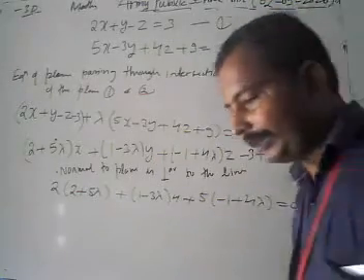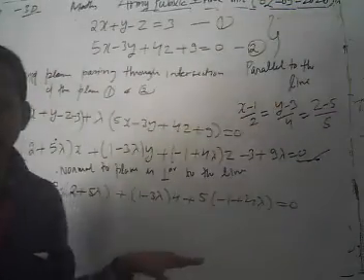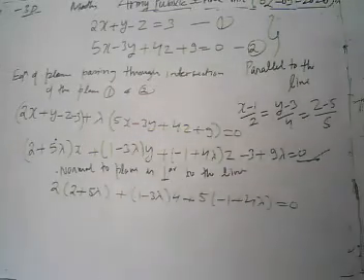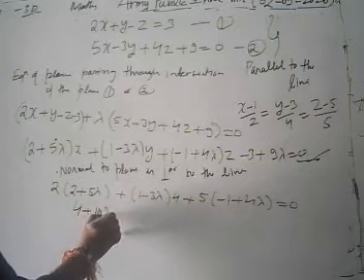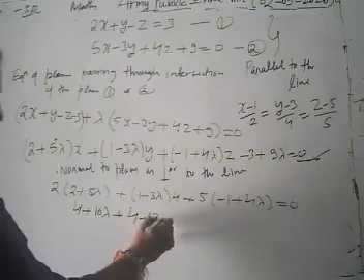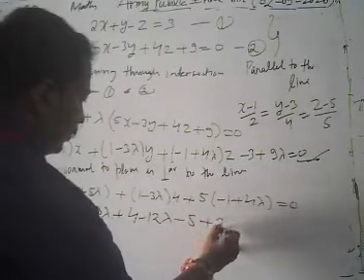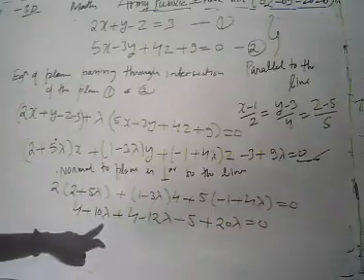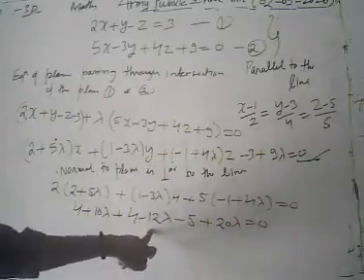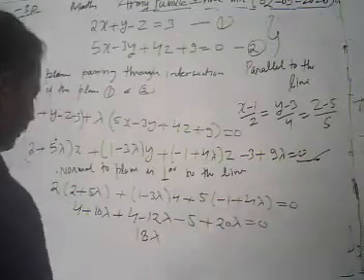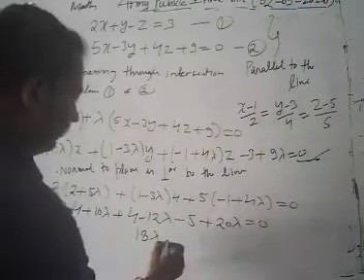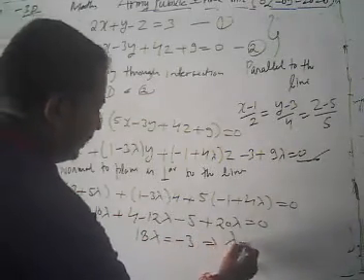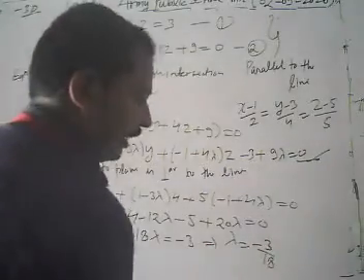Now we are going to solve it. After solving, we find the value of lambda, and putting the value of lambda we get our required equation of the plane. So it's 2 into 4 plus 10 lambda plus 4 minus 12 lambda minus 5 plus 20 lambda equal to 0. First we get lambda: 10 lambda minus 12 lambda plus 20 lambda gives 18 lambda, and the constant part is 4 plus 4 is 8, 8 minus 5 is 3, so we get minus 3 here. Then lambda is given by minus 3 by 18.